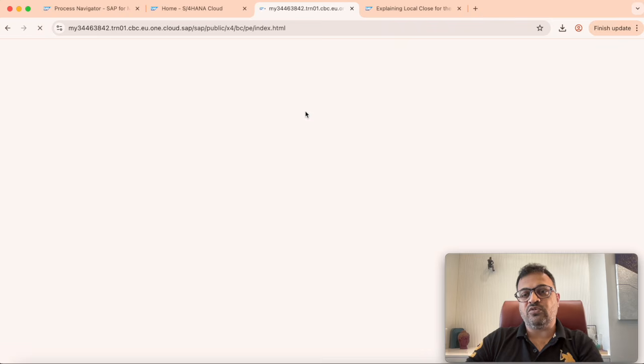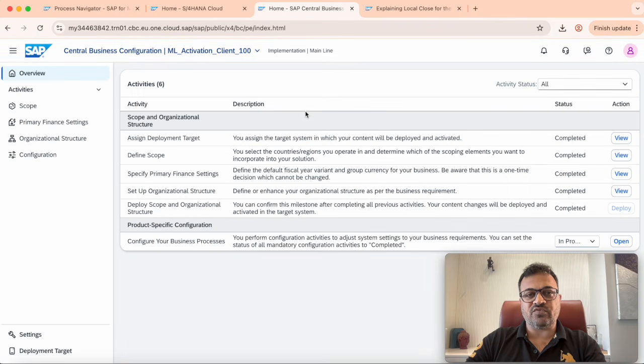This tool will allow you to do the configurations for all the different modules, not only for finance. This tool, like SPRO, will allow you to do all the configurations that you want to do in all the different modules, right? So again, there is a sequence of activities that needs to be followed. There are a lot of technical activities, for example, assigning the deployment target, defining the scope. I'm not covering all these things in detail here, but similar to SPRO, you will be able to see this